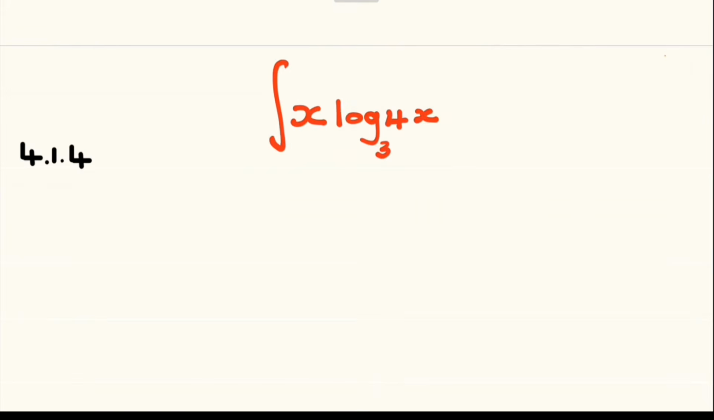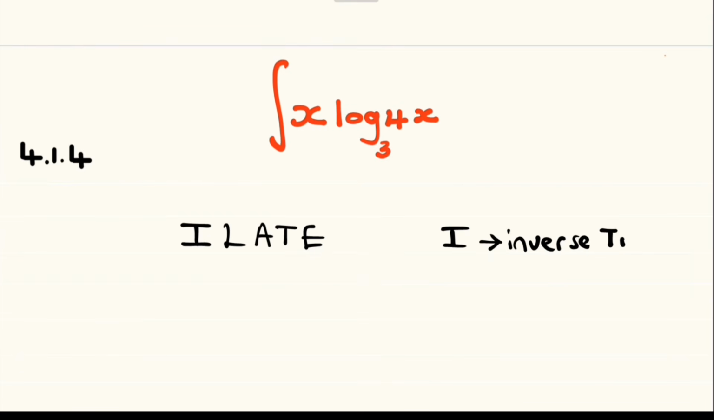Question 4.1.4, we have a product of two functions and we can't use the u-sub method. We are going to use integration by parts. So let's define our I-lathe rule from integration by parts. Remember that the I stands for the inverse trigonometric function,